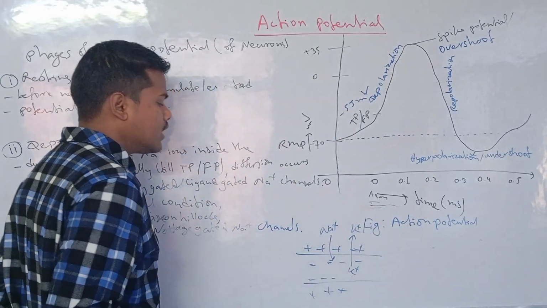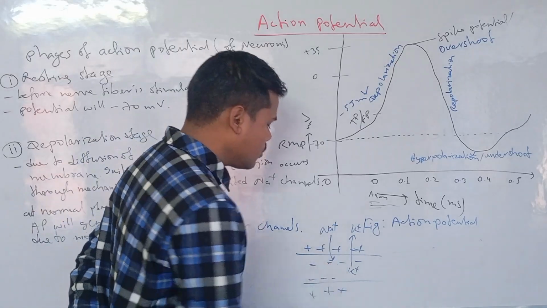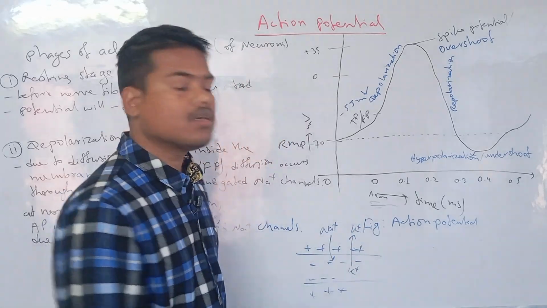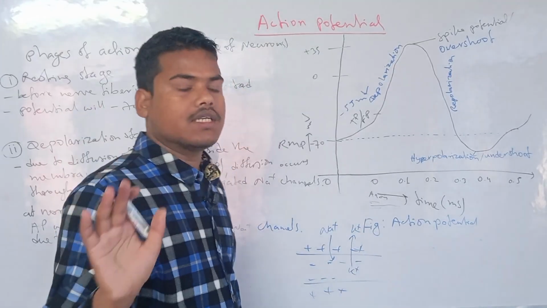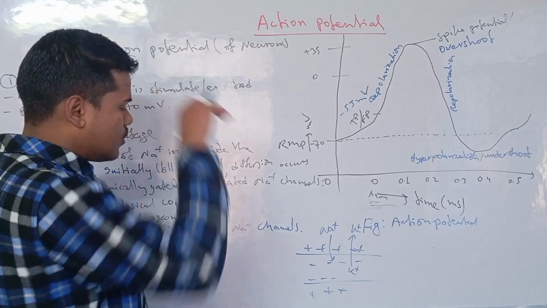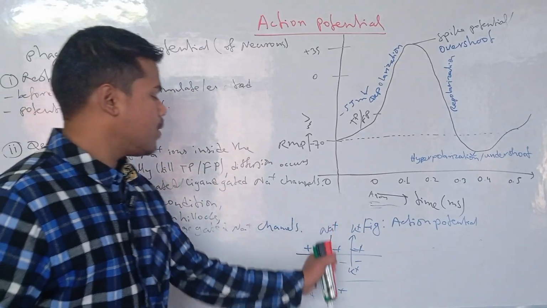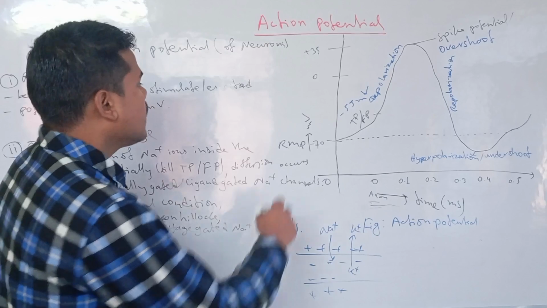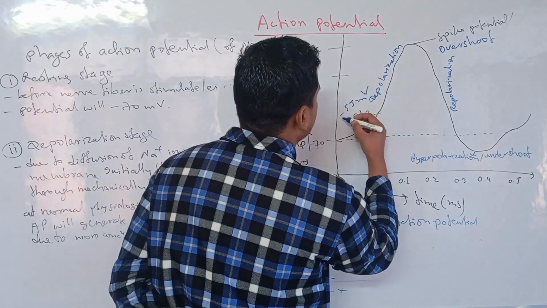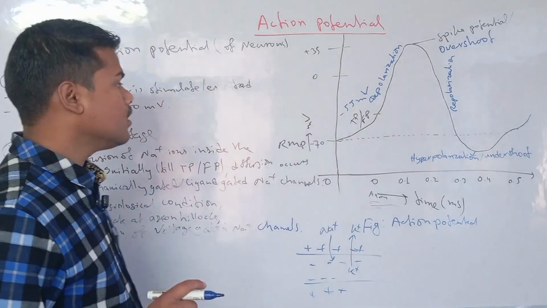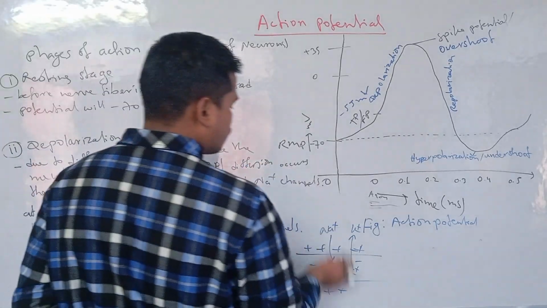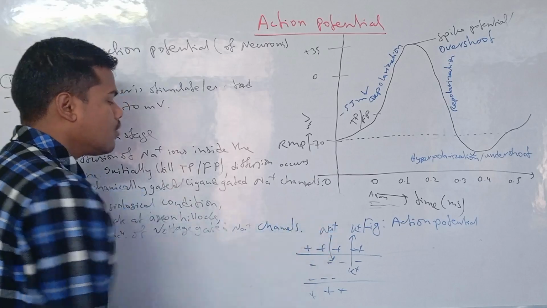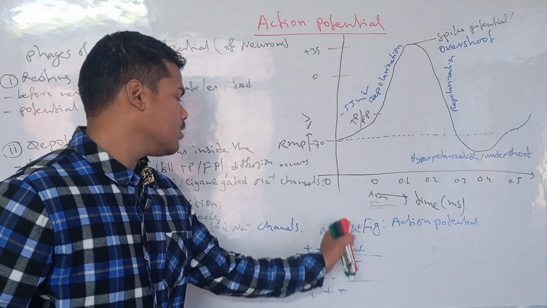And if the stimulus is threshold, the influx of the sodium ions will be neutralized by the efflux of the potassium, and the action potential will not generate at all. So this is the practical thing, how the action potential is generated, and the theoretical value is minus 55 millivolt. So the conclusion you can draw is that if the diffusion of the sodium is greater than the diffusion of